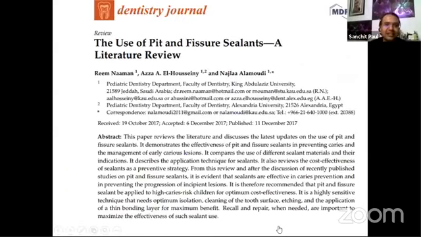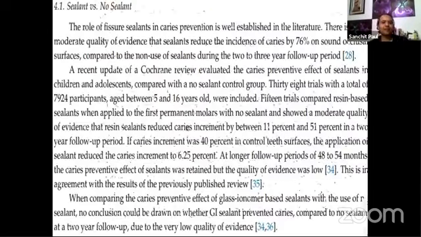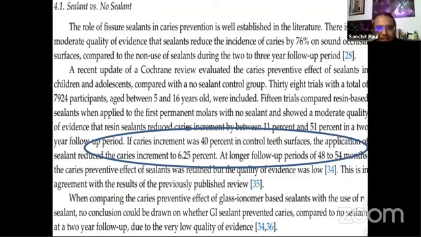Now, when we look at the literature, the Pit and Fissure sealant looks like a pretty straightforward option, but it again always requires optimum isolation, proper cleaning of the tooth surface, maybe with a plaster or with a prophy pumice, a proper etching and bonding protocol, and then putting a sealant. So it's a clinically technique-sensitive procedure, but what the literature says is that it actually decreases the caries increment from 40% to almost negligible, to 6%. So a Pit and Fissure sealant is indicated for all those teeth, especially the permanent molars or the primary molars, where there's other caries activity going on elsewhere in the mouth.